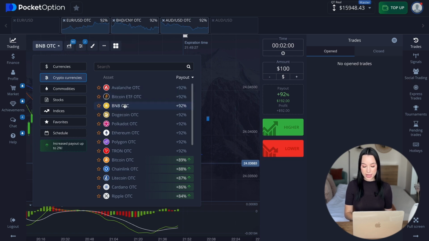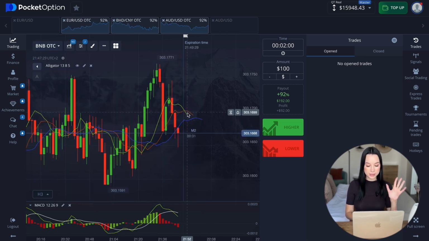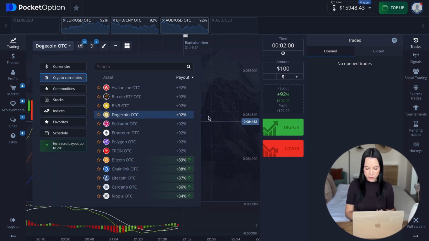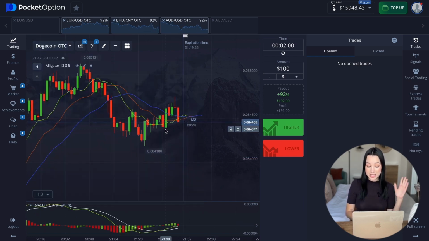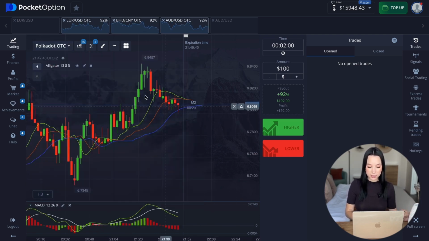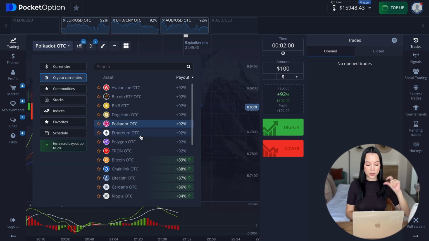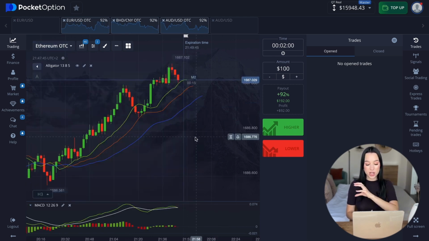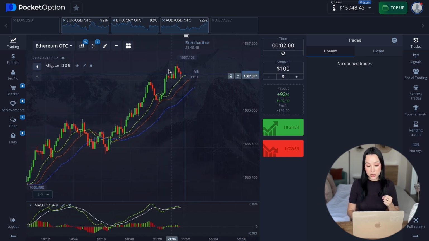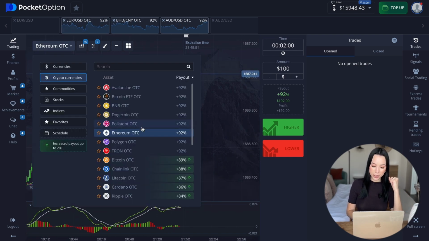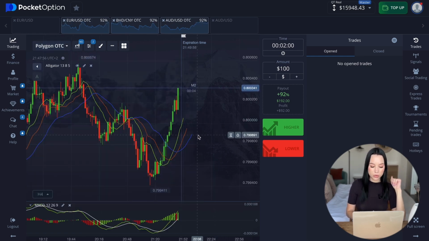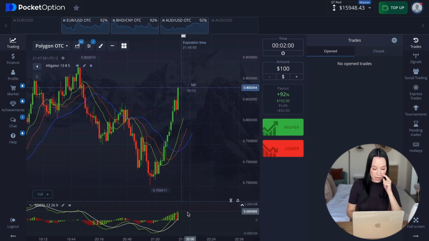Also here, let's look at our charts and find the best one. Here, for example, we see there is no trend. Here is the same situation on Dogecoin, because we can see that all three lines of the alligator intersect each other, and it means there is no trend and the alligator is sleeping right now. Here the situation is better, but it's already at the resistance level, so I don't really recommend opening a trade there